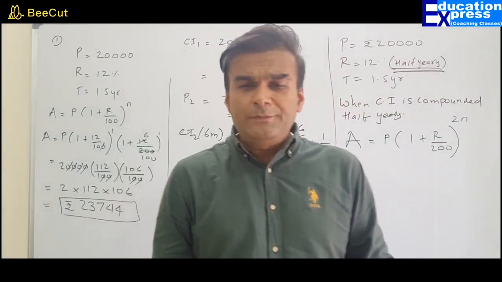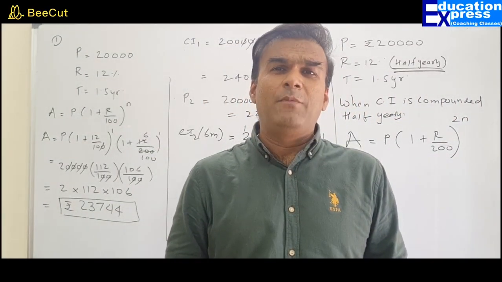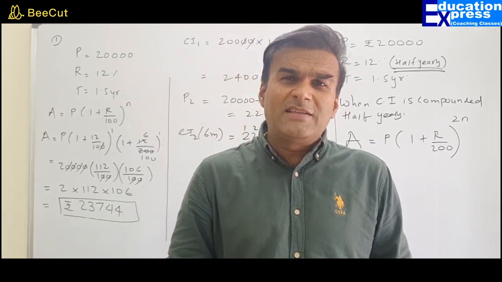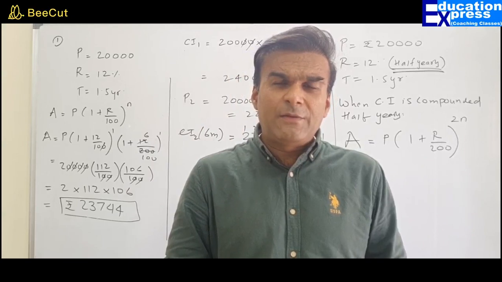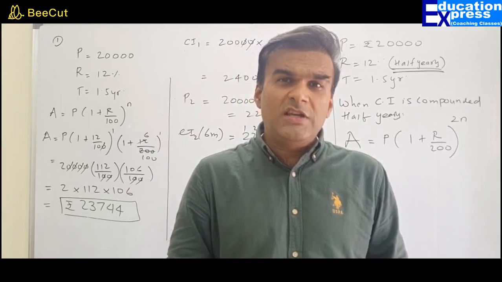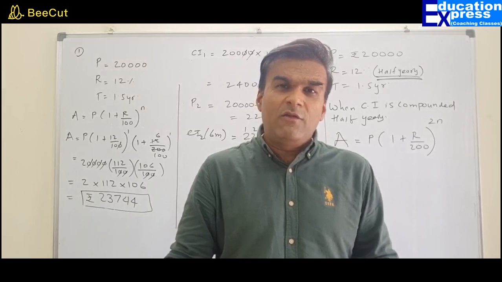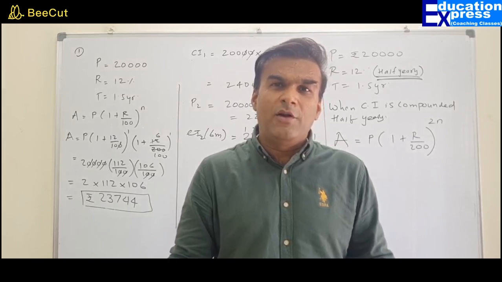I hope you remember, we started our example of compound interest in the very first chapter, wherein I gave you an example of 2 friends, Aditi and Ruchi. Aditi was interested in simple interest, whereas Ruchi was interested in compound interest.